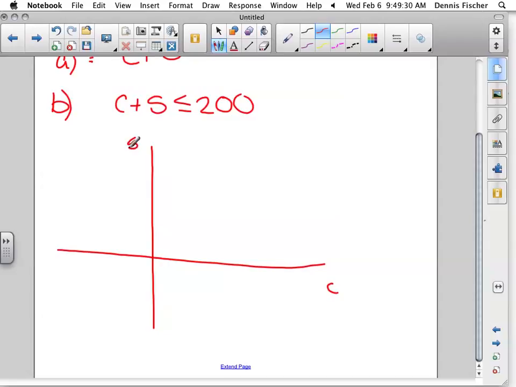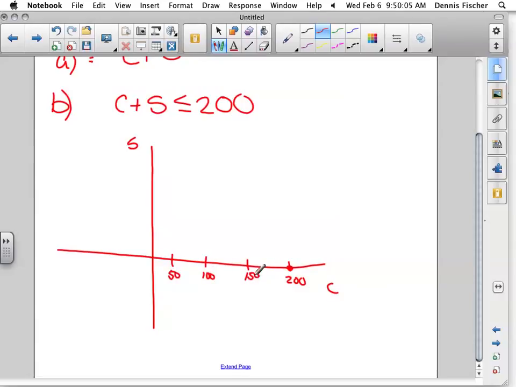So in other words, if S was 0, S is 0 is right here, correct? Where would it cross this axis? If S was 0, what would C have to be? If S was 0, put 0 in there, 200, correct? What plus 0 is 200? 200, right? So if S is 0, I'm just going to go over here, make a scale. Here's 200. I'm going to put my scale here,